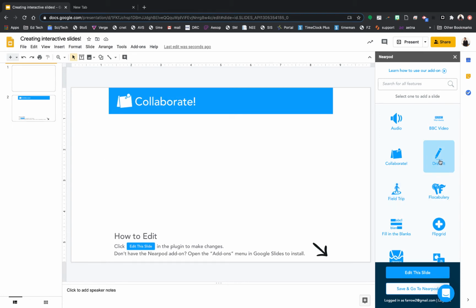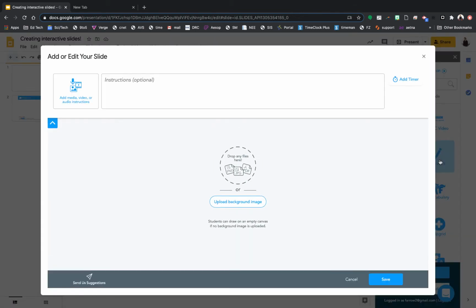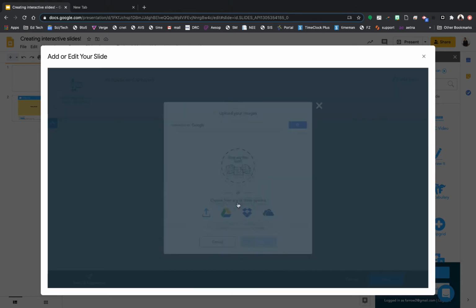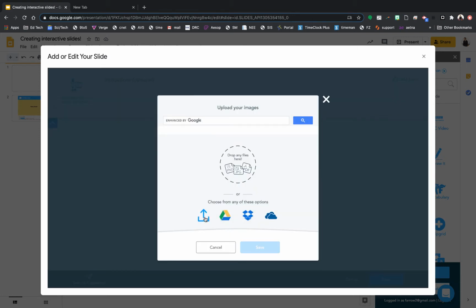Next, Draw It. Draw It allows you to take any document and immediately turn it into an interactive document. So if I have a PDF of a reading passage, which I happen to have, I can upload it,